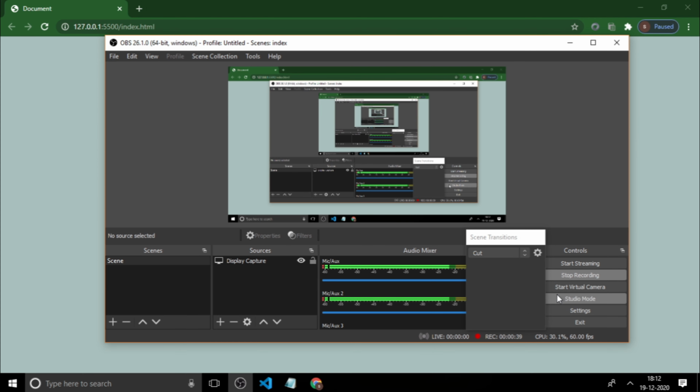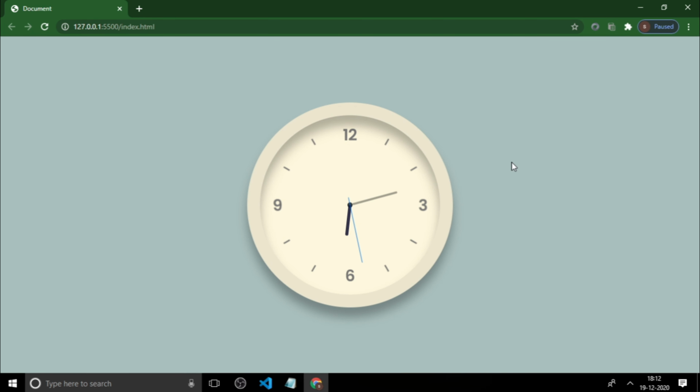By the end of this video, we are going to create a simple analog clock like this using vanilla JavaScript. No other libraries or framework, using only JavaScript, we are going to create an analog clock like this. So stay tuned till the end to create a beautiful simple analog clock like this. So let's jump into the actual coding.